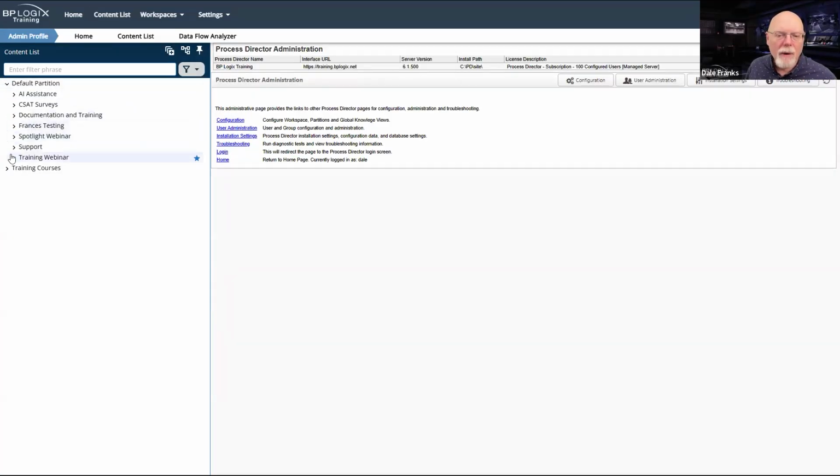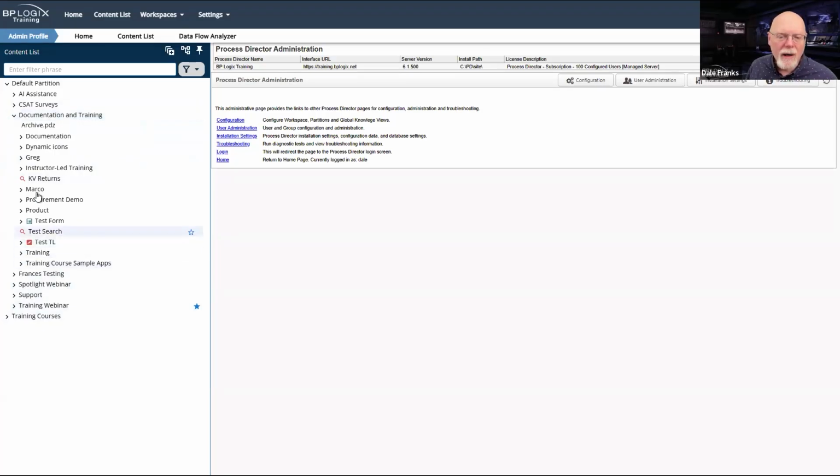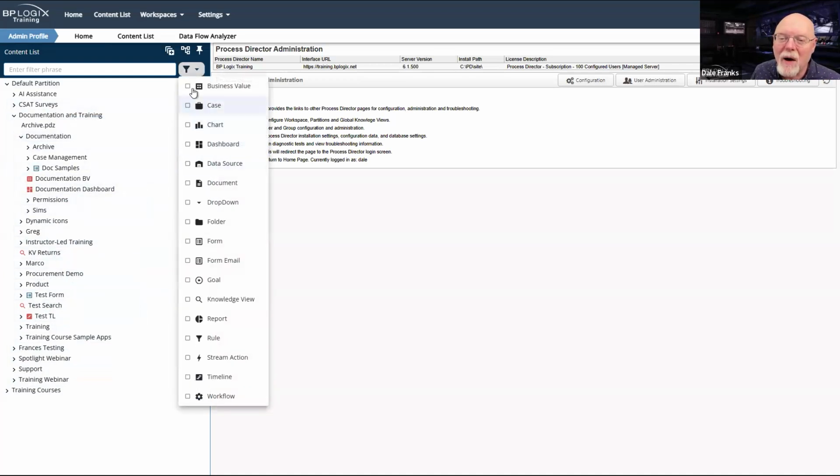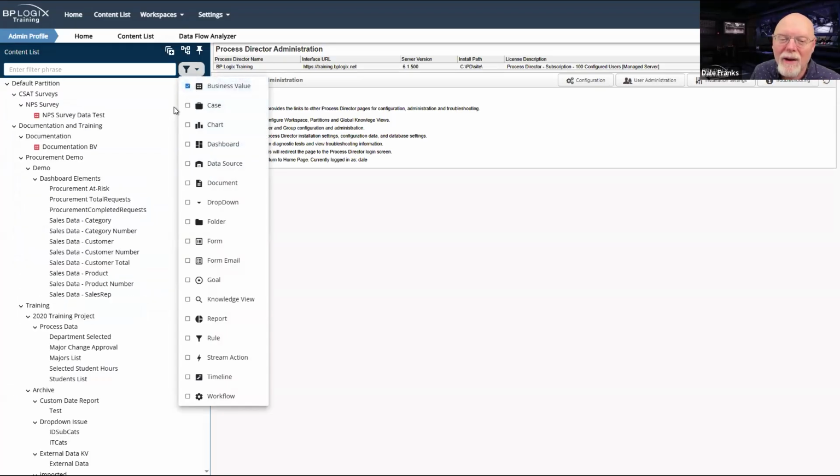We go to default partition and documentation and training. And of course, is it in documentation? I've now forgotten where my business value is. There it is.